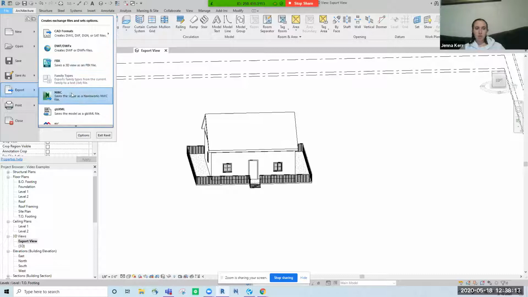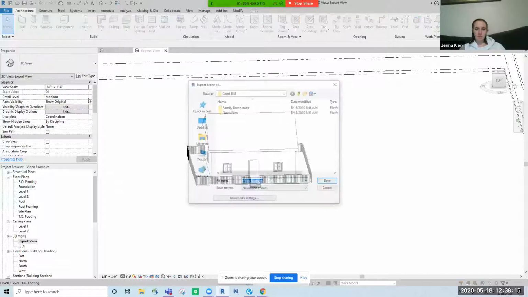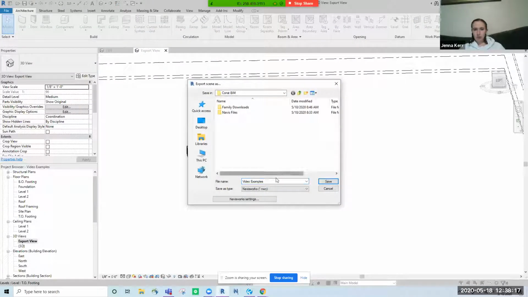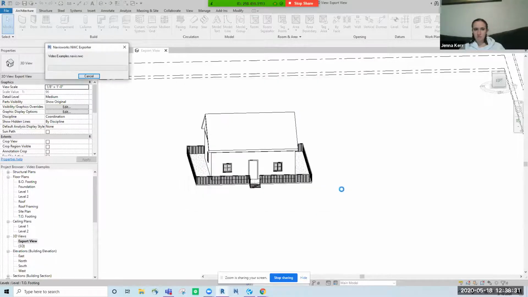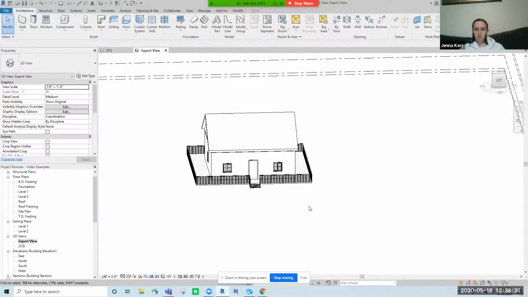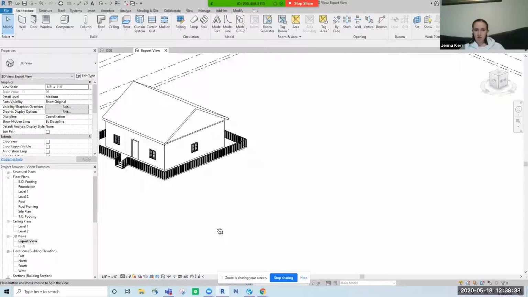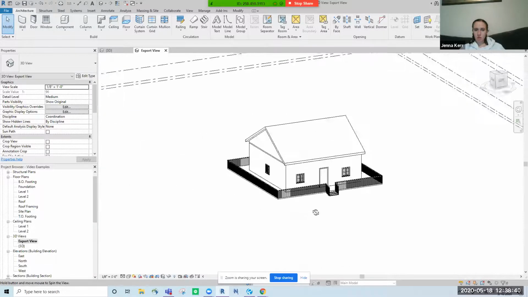Anyway, so I'm going to show you guys how to do an NWC because that's my favorite. I'm going to go ahead and just download it in here, but that's the wrong file. So I'm going to go to my documents, put it in the right one. You can name it whatever you want and hit save. Now it usually doesn't take too long, especially since this is a small file, but that is the really short, easy way of how to